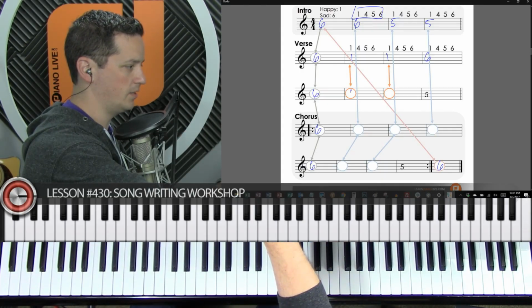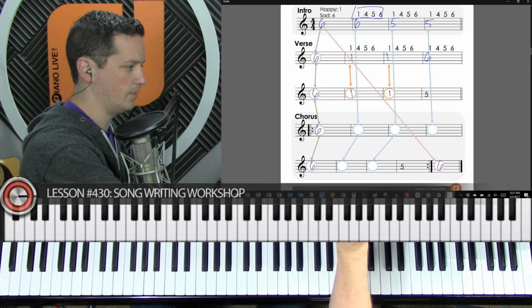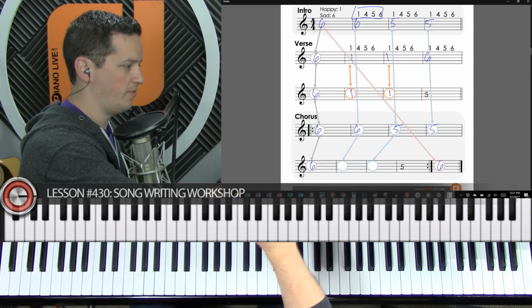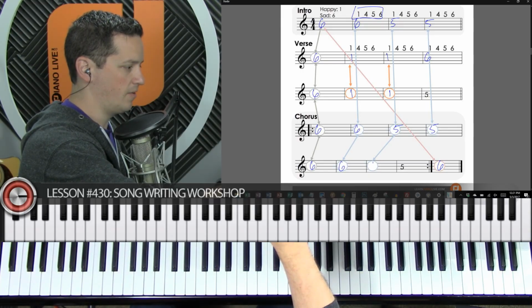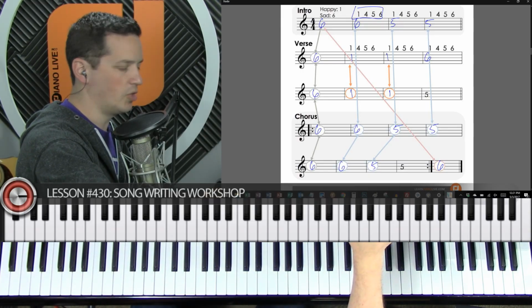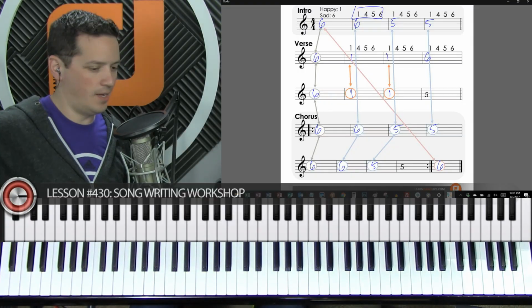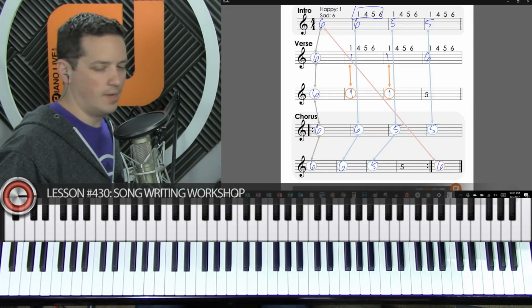That 1 in the orange boxes comes down there. That 1 comes down there. And then we got a couple more boxes to fill in here. We got a 6, a 5, and a 5, and then a 6, and then a 5, and bam, your song is written. So let me, if you give me just a second here, I can put these chords into